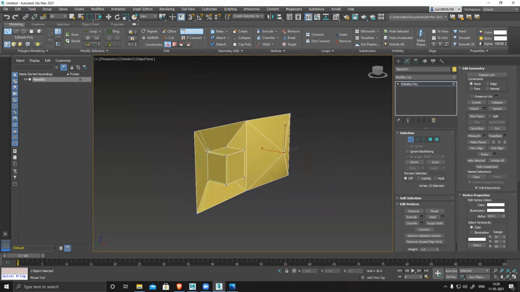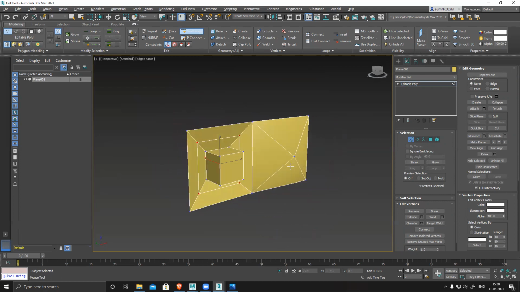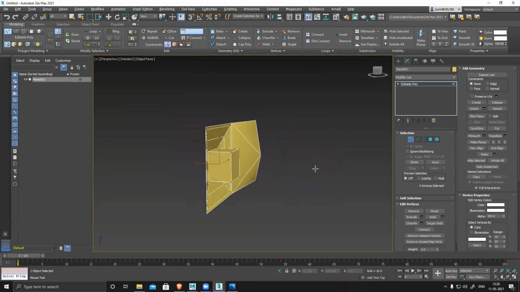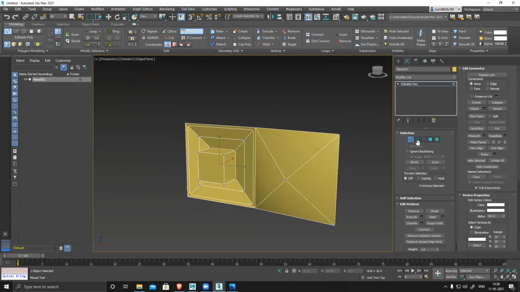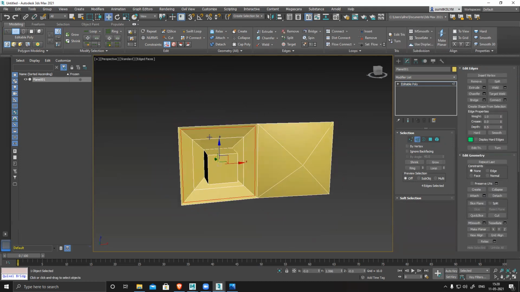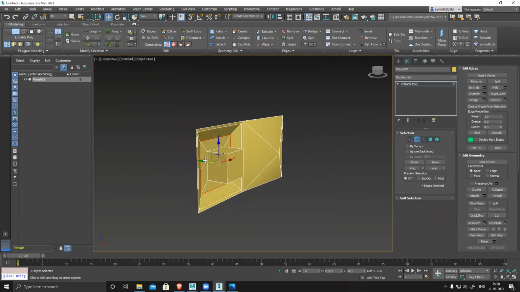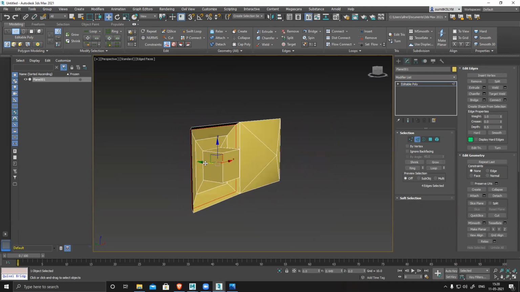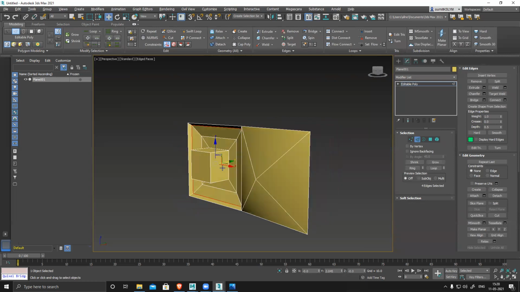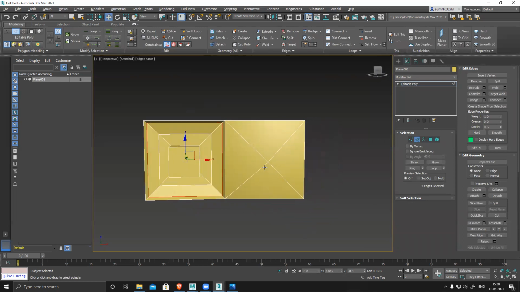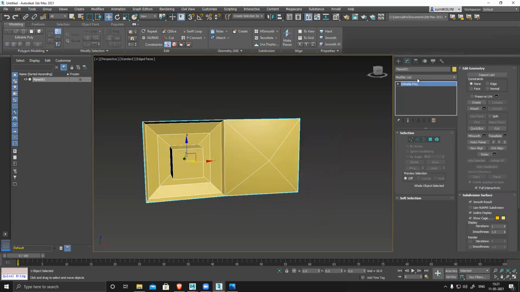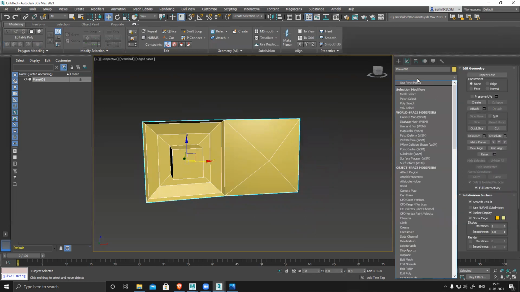And shift loop, add a loop to hold the shape. This will retain the shape. Just check if it's creating that round shape or not.